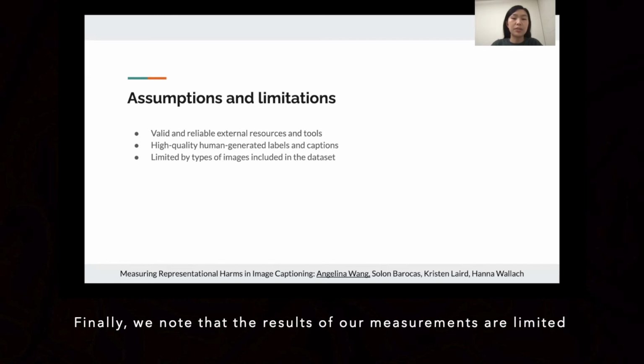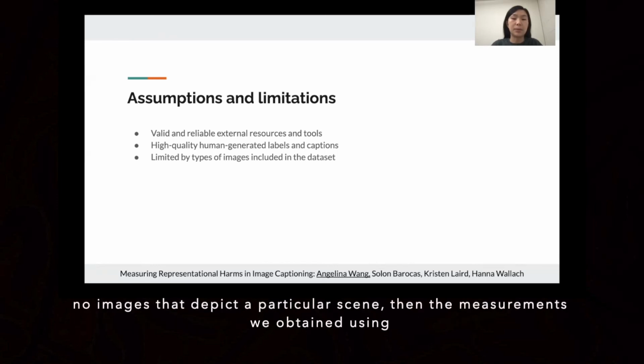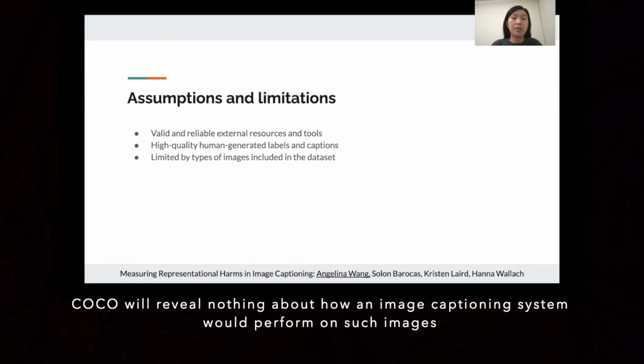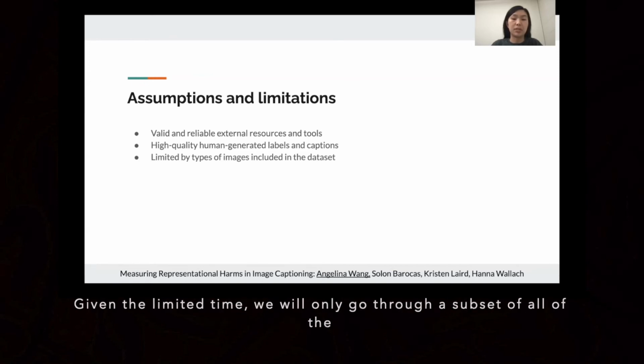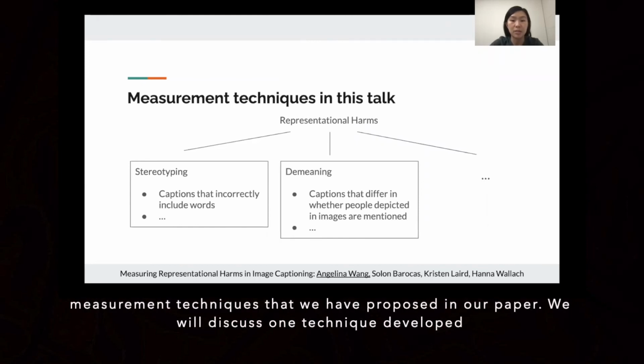Finally, we note that the results of our measurements are limited by the coverage of COCO and CC. For example, if COCO contains no images that depict a particular scene, then the measurements we obtained using COCO reveal nothing about how an image captioning system would perform on such images. Given the limited time, we will only go through a subset of all of the measurement techniques that we've proposed